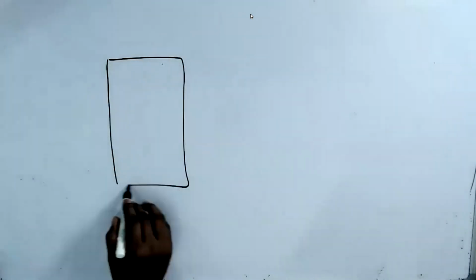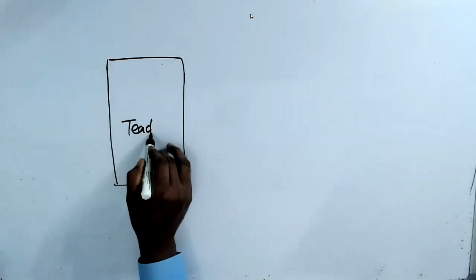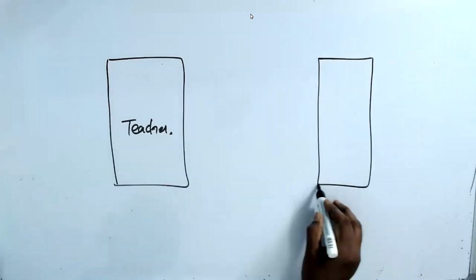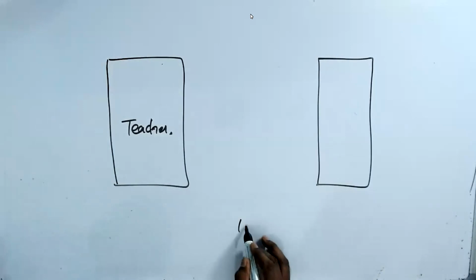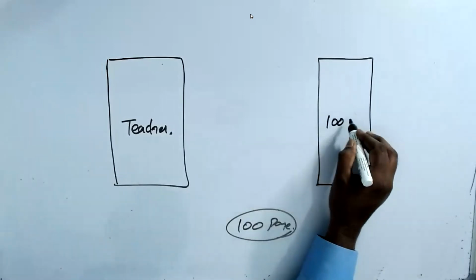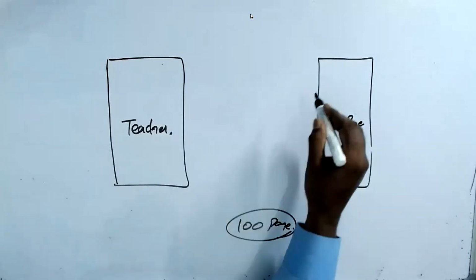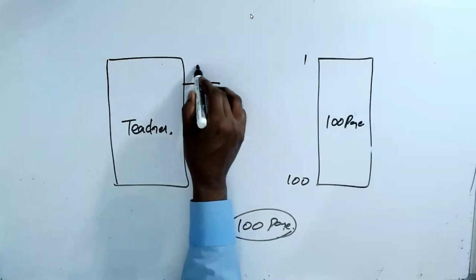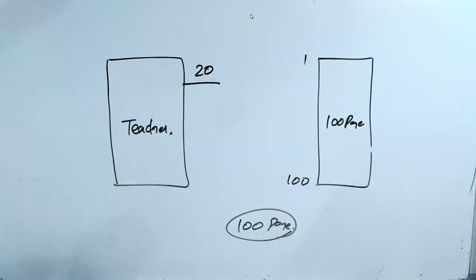So let us start with a very simple example. In your school, your teacher asked you to bring a notebook. She said, bring a 100-page notebook. So you have a 100-page notebook now, pages 1 to 100. When the teacher says, open page number 20 and write,